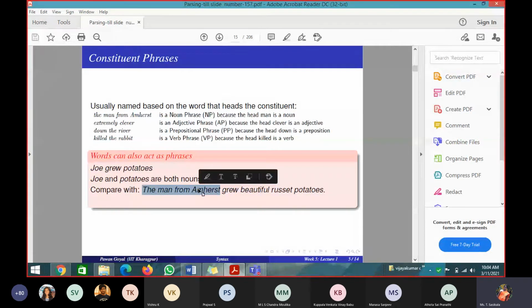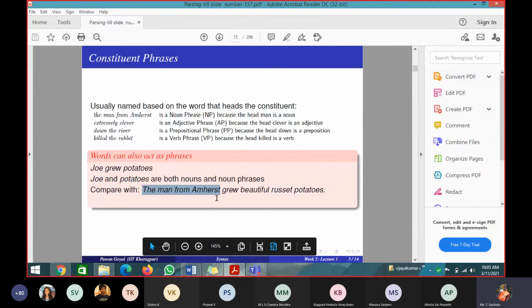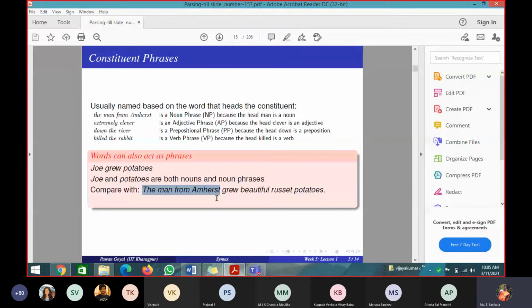It gives a better idea of the structure, how the words are grouped. With the man from Amherst, you cannot write it as from man the Amherst, like that. The more the words, the better the idea about how a sentence is structured properly or not. If the words in the phrases are fewer, we cannot do that. So that is the difference we have seen from these two examples. And one more thing we inferred: a phrase can be a single word or a collection of words, but the collection of words is better because it gives a better idea about the sentence. Yes or no?